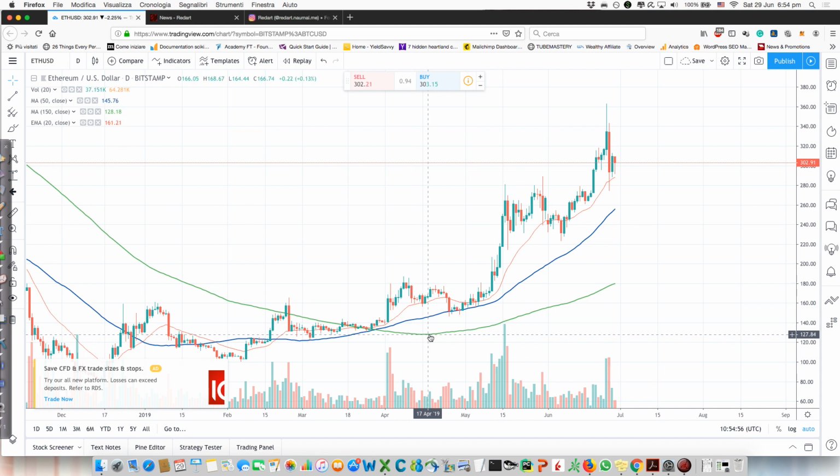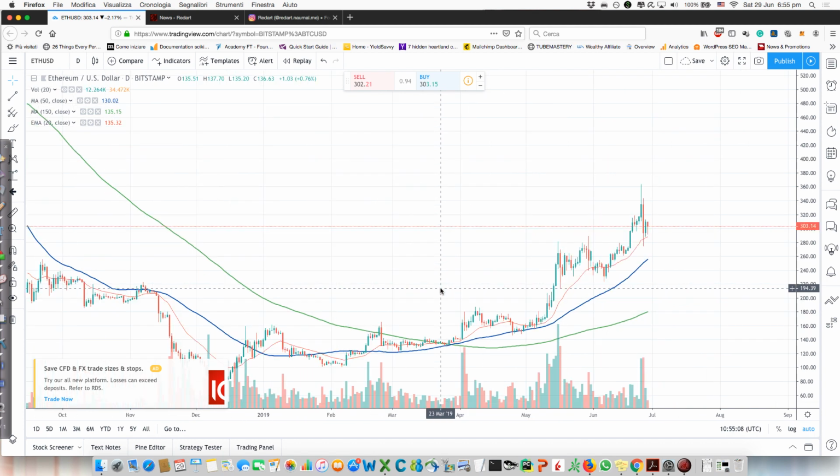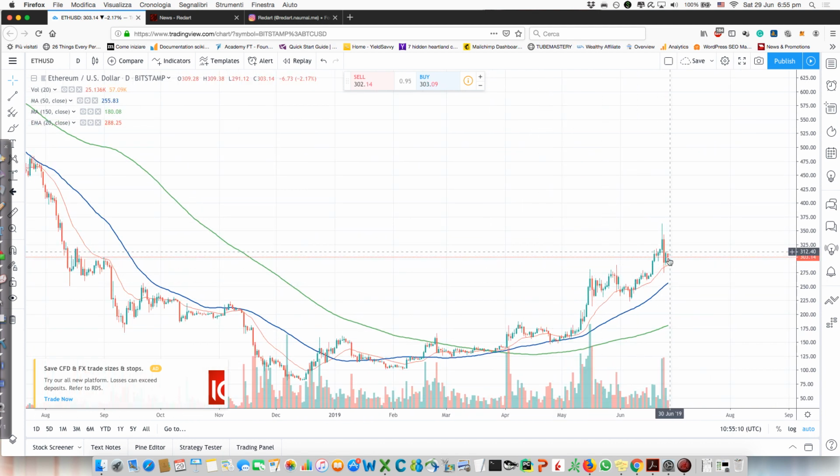You know, the 50 above the 150 and the price above the red line. So here would have been again the moment to start accumulating. Here is a little far, but not overextended. If you compare with Bitcoin,